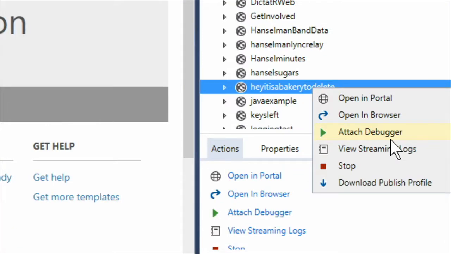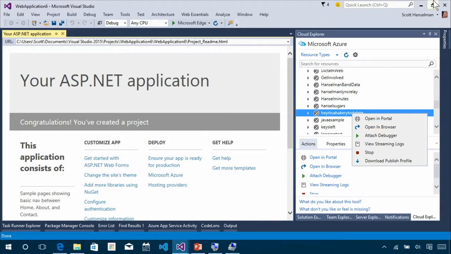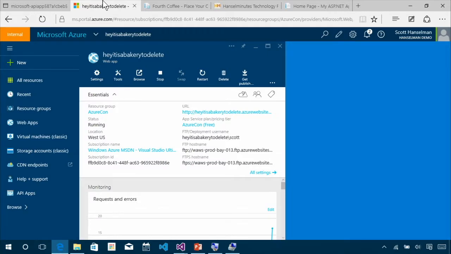From here, I can do things like attach to debugger. I can stop that, open in the portal, explore. Totally up to me. What makes this possible? Why am I able to do stuff in the portal and do stuff inside of Visual Studio? It's because there is a back-end system that is going to have a web API that allows us to do